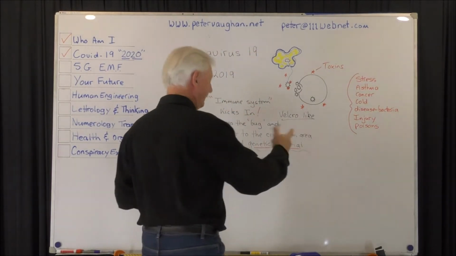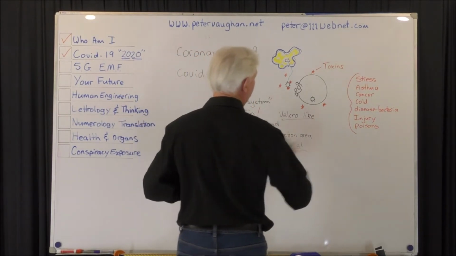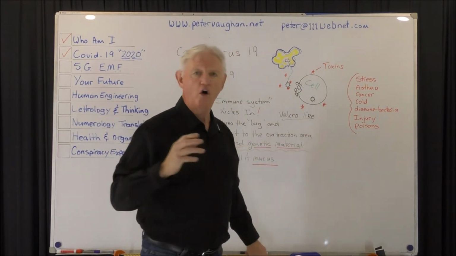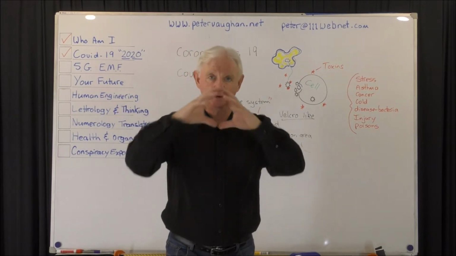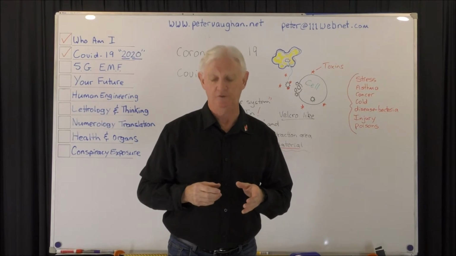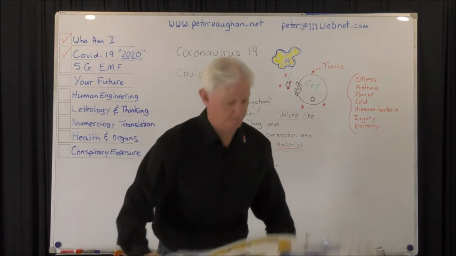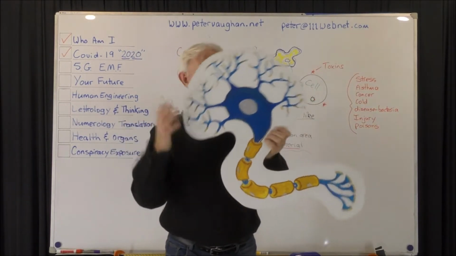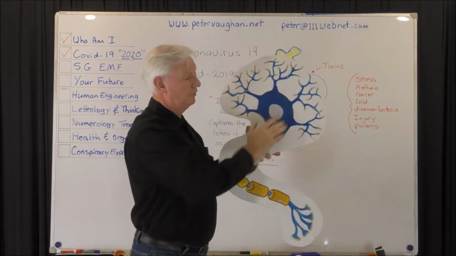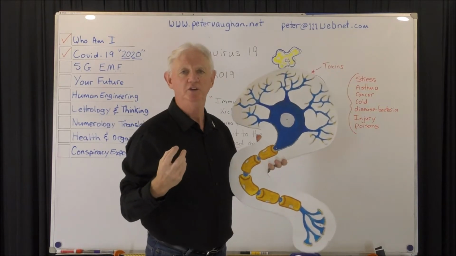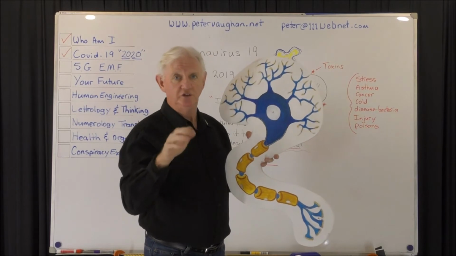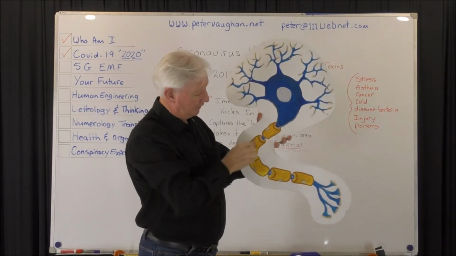Well, what we have inside the standard cell of a body, here's a cell. Now inside that cell you have a whole variety of stuff. It's almost like a city that does a lot of work inside there. Your DNA is inside there, for example, and with my little neuron cell here, information is coming in at about 2,000 pieces of information per second, being dealt with and said yes and no, yes and no, yes and no to things,